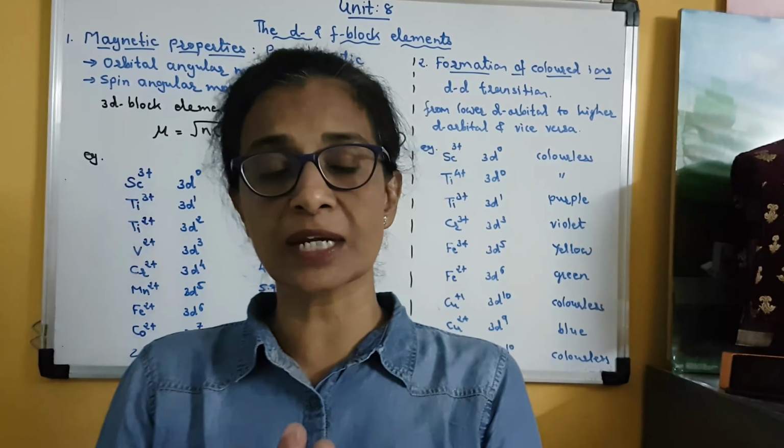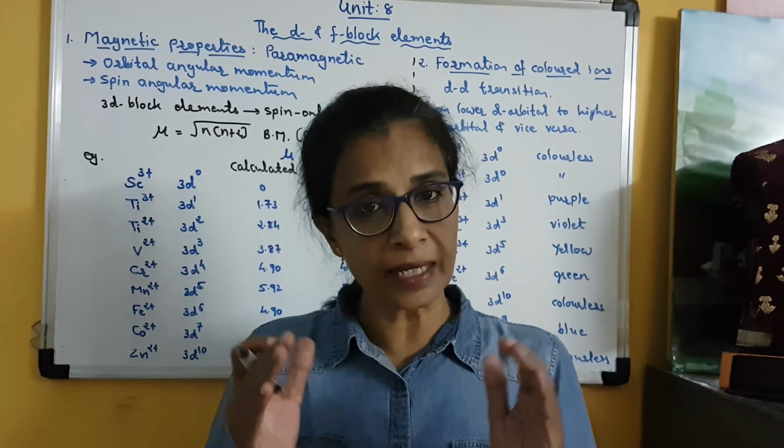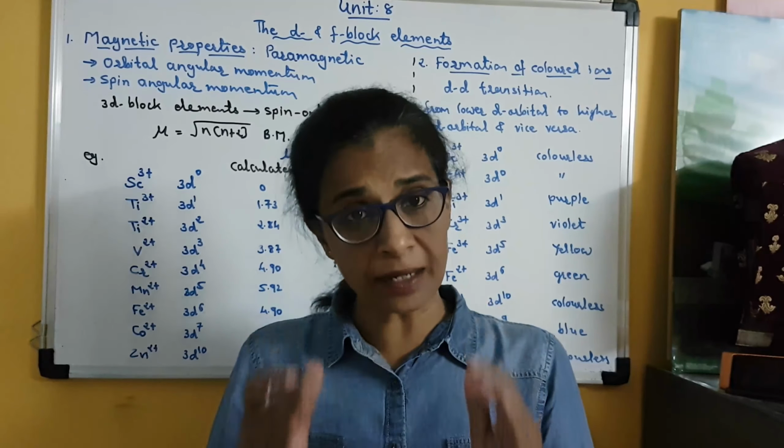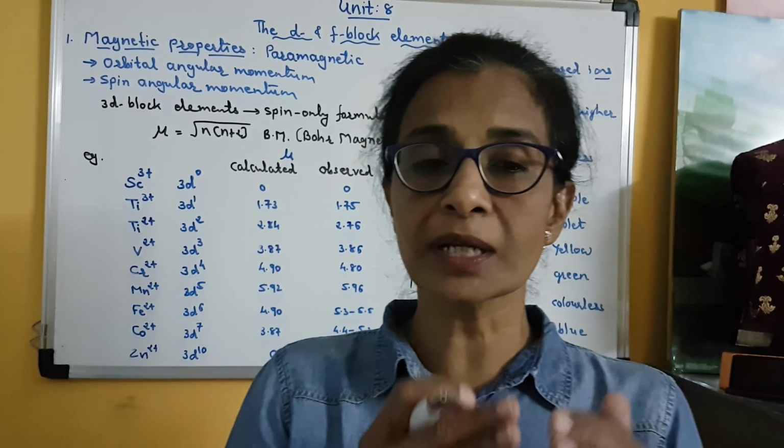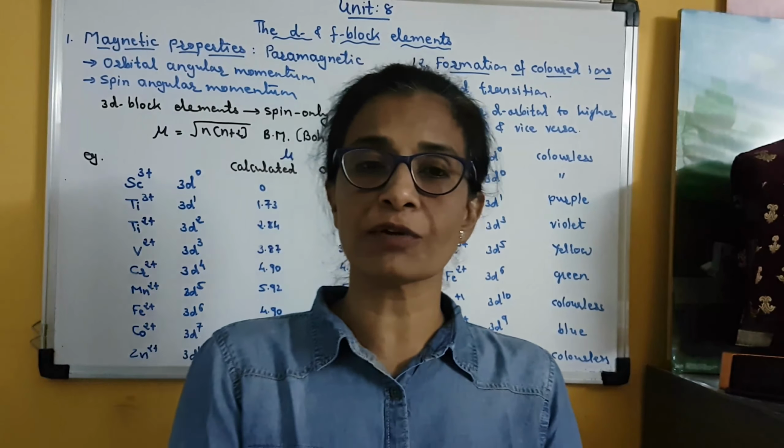But these D block elements are also known as transition elements, and we have already discussed the definition of transition elements. They are D block elements, but in them D orbital is incompletely filled either in the ground state of the atom or in one of the most common oxidation states of the ion. Clear? I repeat, transition elements means those D block elements in which the D orbitals are incompletely filled in the ground state of an atom or in the most common oxidation state of that atom.